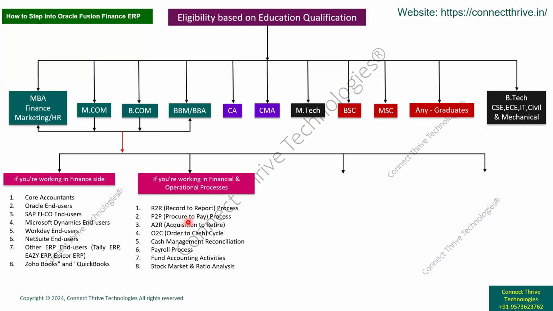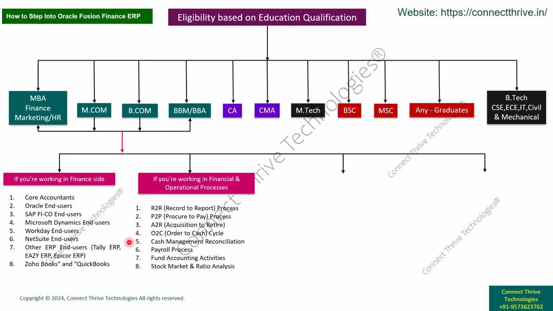So in this case, you are working as an end user. If you are working as an end user from any ERP, you are eligible, and you can opt in for this course and turn your career into a functional consultant. You can choose your career as a functional consultant whether you are a fresher or an experienced candidate, even 5 to 10 years or 15 years. Yes, if you are stuck in any domain or stream where there is no growth, you can opt in for this course and change your career to functional consultant.